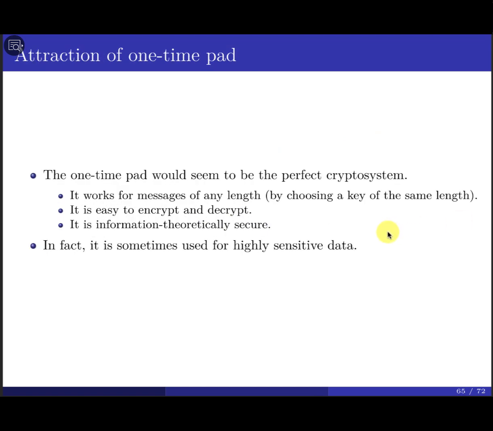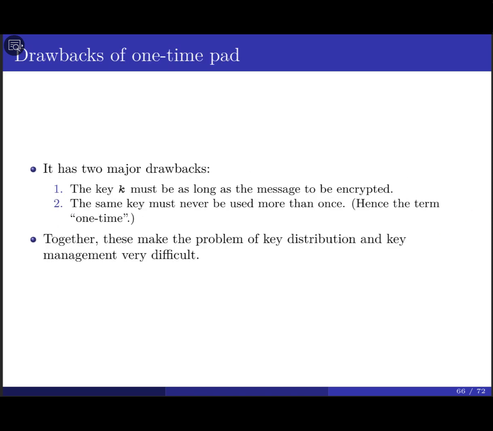The problem with this one, you know that it works if the message is of any length, that's good, but the problem is, in order to encrypt or decrypt, you have to use the key, and the size of the key is similar to the size of the main message. So you do have a problem. How can we securely distribute the key? Okay?